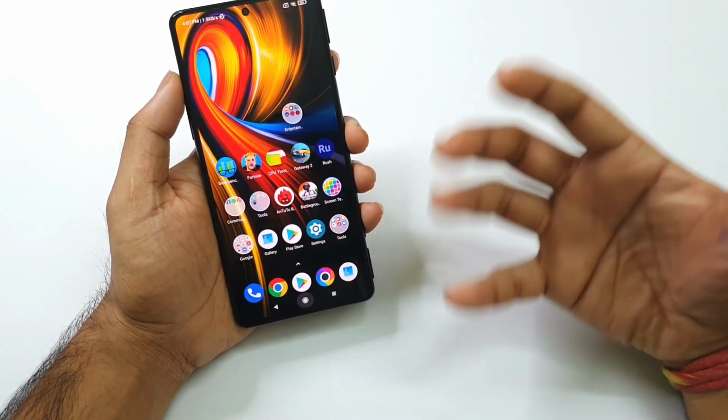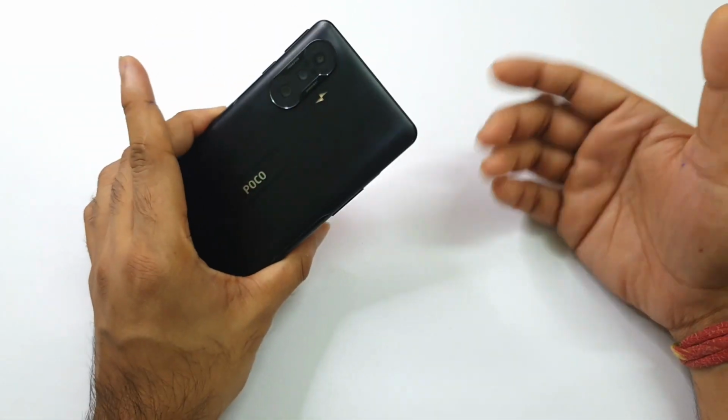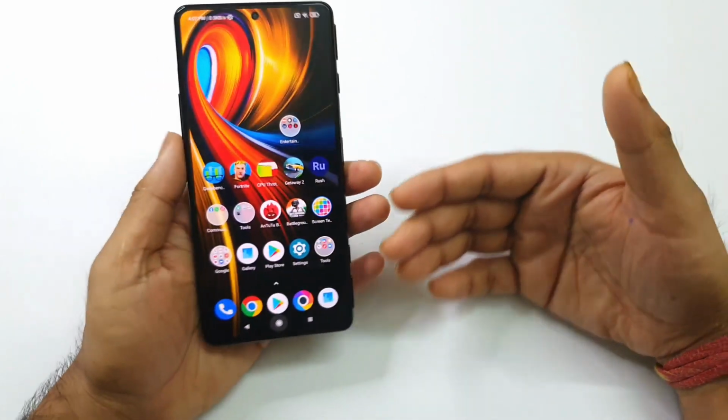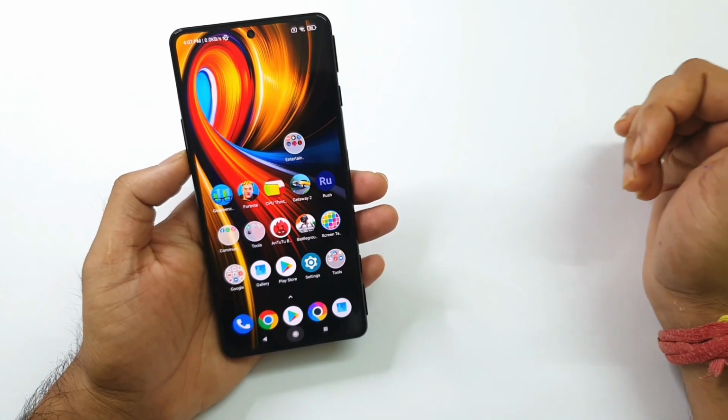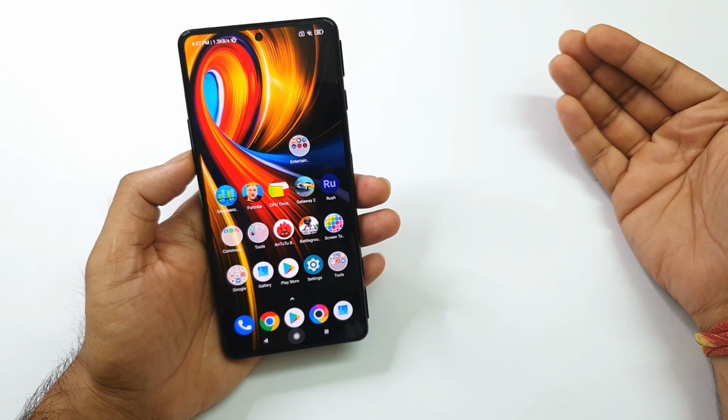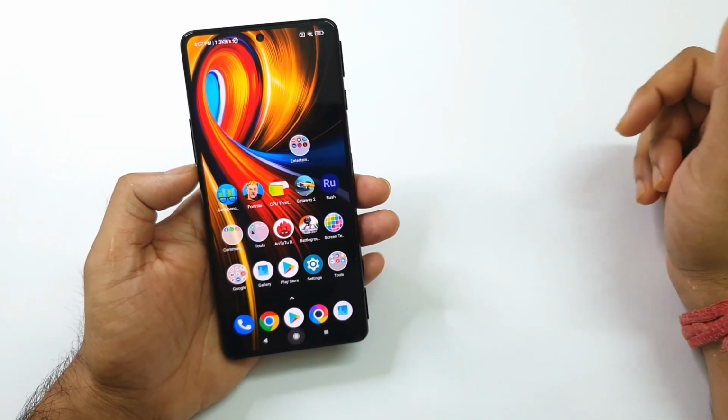So these are the few things I'm addressing for the Poco F3 GT users who actually have this phone. You may be experiencing this kind of issues. So let me know in the comment section below, friends, how many issues you are experiencing in this phone. I'm going to look at the comments of this Poco F3